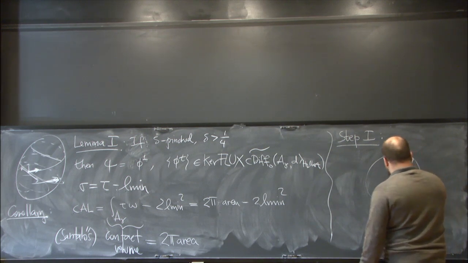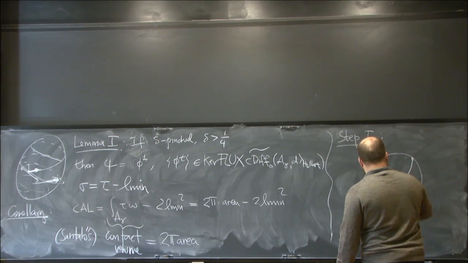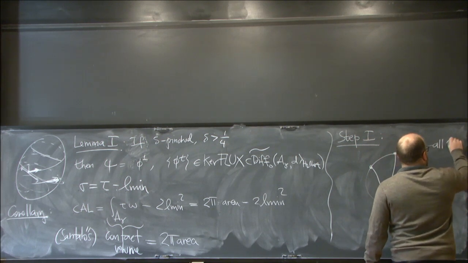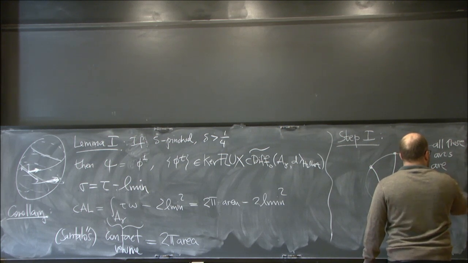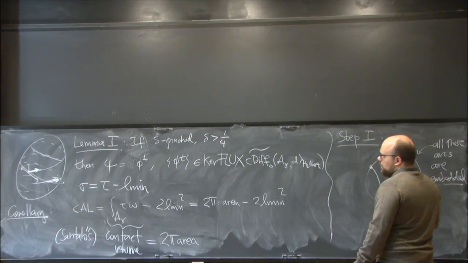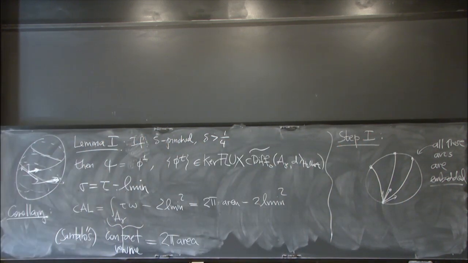So this is always embedded. All these arcs are embedded. I should also mention that the return time and the return map both extend to the boundary